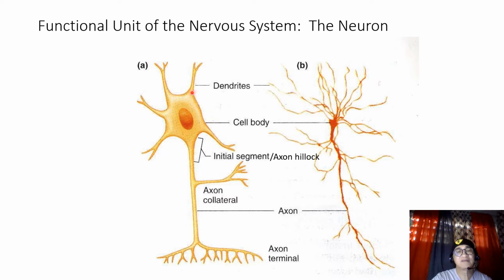The main body or the cell body of the neuron is usually stellate, and the surfaces are thrown off into cytoplasmic extensions, many of which are short and branching, which we call as dendrites. This region of the cell body of neurons is the signal receiving region of the neuron. This is where most of signals from other neurons and from other cells, including intercellular messengers, are received by the neuron. Somewhere at the center of the cell body is the nucleus and all its other cell organelles.